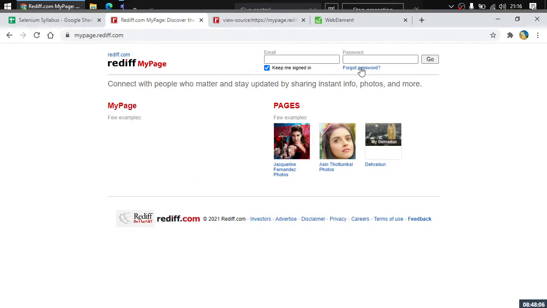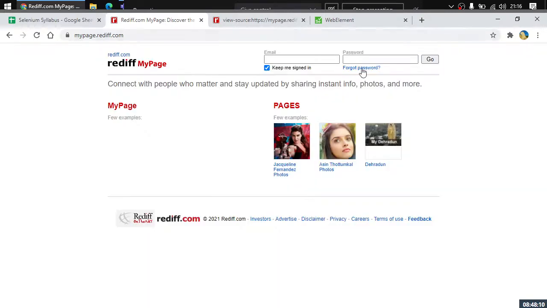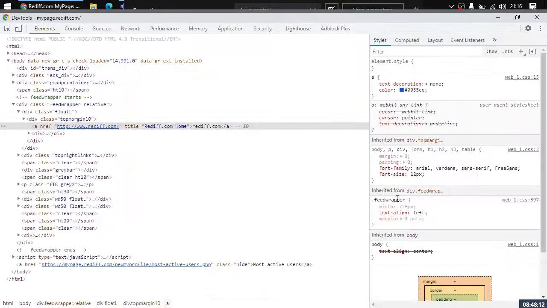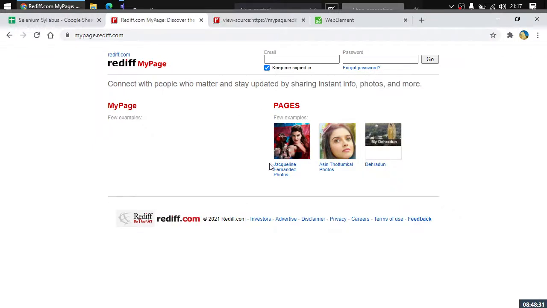What if I want to click on forgot password? So let us just analyze forgot password. Now here right click on forgot password, go to inspect, and you would be taken to some other element. Right here you can see that it is showing us as some, say, span text. On click it is doing something else. So is it a hyperlink? No, it is not a hyperlink. Right? Let us just do something else. Say, let us just see investors.